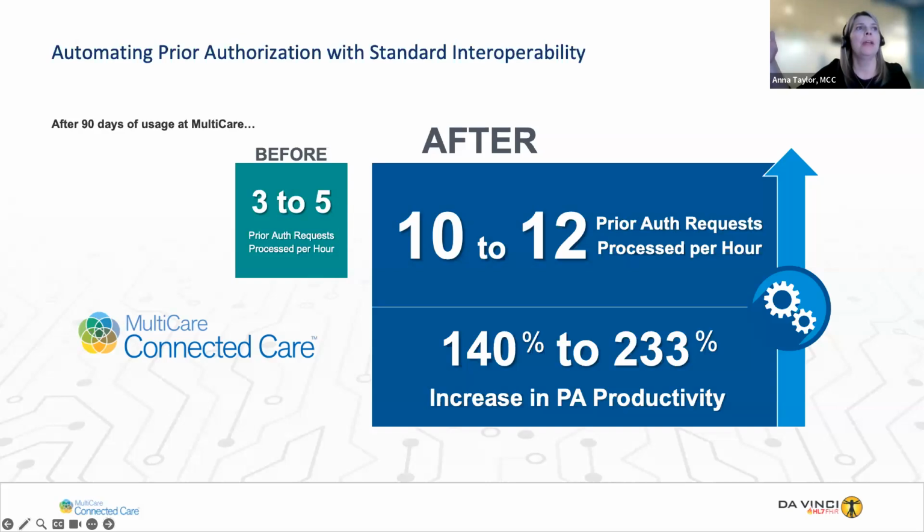And what we found, and this still stands true, so at 3 months into it, we did a time study, we got these results, that it increased our productivity by 140 to 233%. And today we still see that this is 100% the most effective and efficient way to deliver a prior auth. In fact, out of all those methodologies, it's 50% faster than all those other methodologies in place.